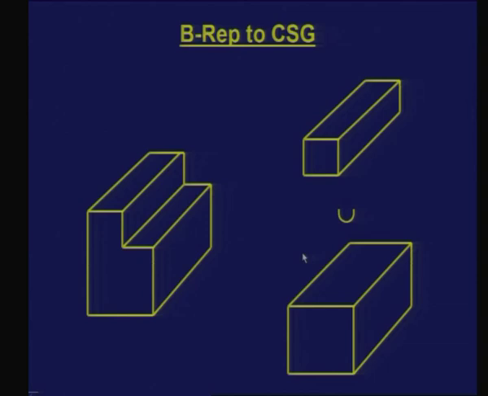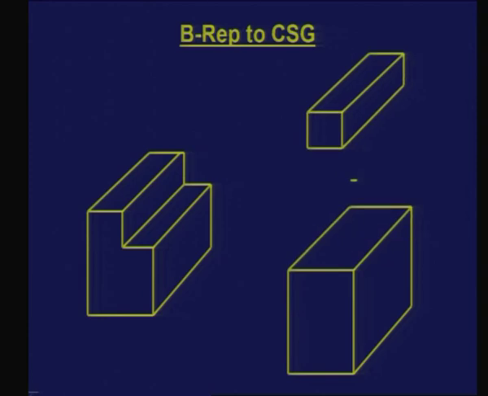Okay, somebody may have a different way of looking. They say no, this is a difference operation. I take a larger cuboid and then subtract a material which is corresponding to this and this. So the boundary representation of this object is the same. It has the same number of faces, vertices, edges. Geometry is also the same. Coordinates are this thing, but I have 2 different CSG representations for this.